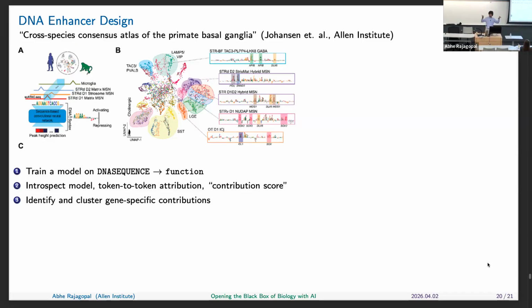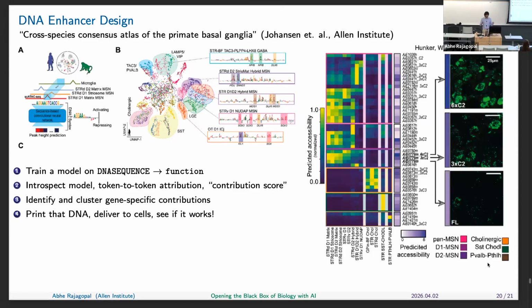But what's really cool about that is you can find those enhancers, then you can literally synthesize DNA and find a way to deliver that into patients. They use viral vectors, like viruses, essentially, to inject them into a mouse. And you can go and visualize and ask, did it really express the gene the way I thought it would? And this really gets at causality, right? I made this prediction based on this model that this part of the DNA sequence is going to increase or decrease the expression of this gene. And they go and measure it, and they literally make an image and say, oh yeah, this cell type, I know it's the cell type in this location of your brain or your body or whatever. And you can visualize whether or not it worked.